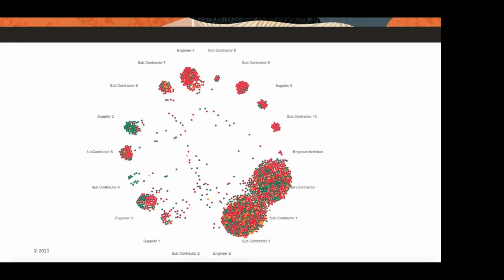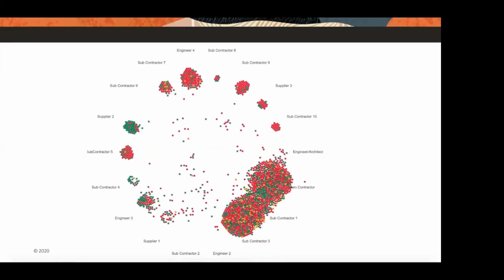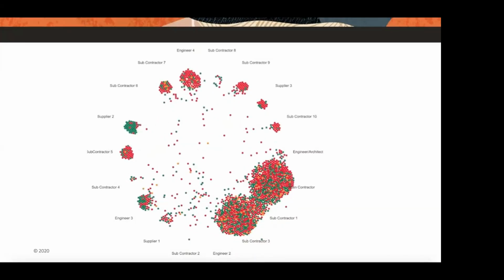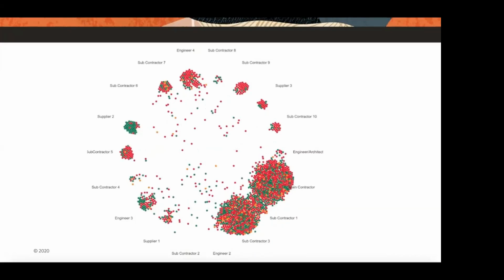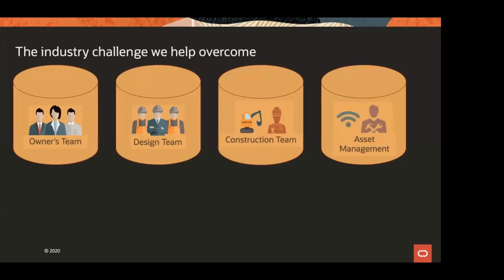So if information is late or actually kept up at one of the organizations, it could quite easily delay the entire project.